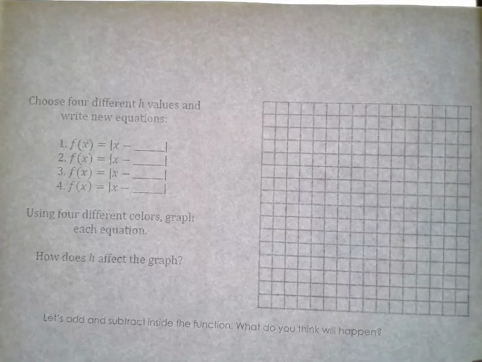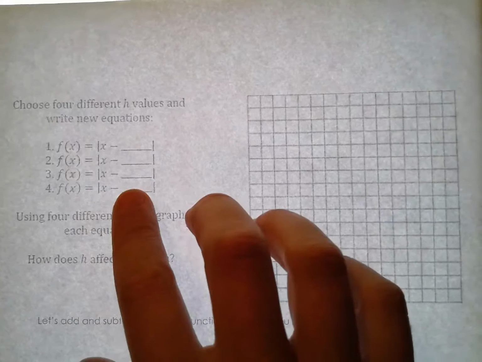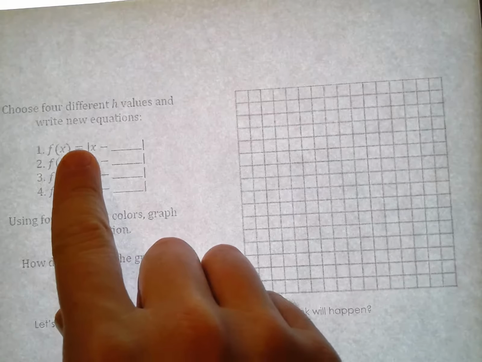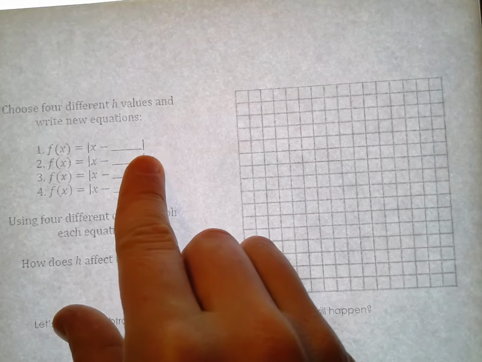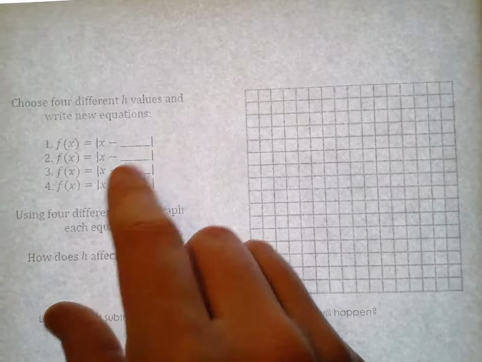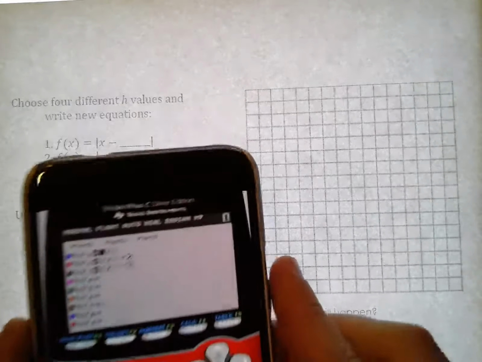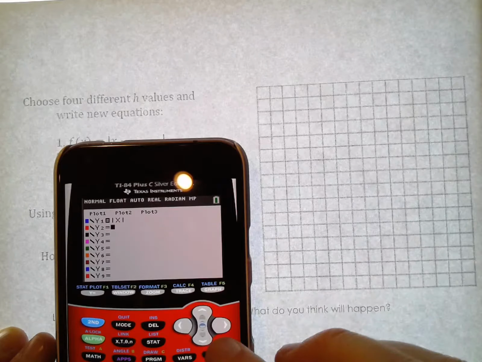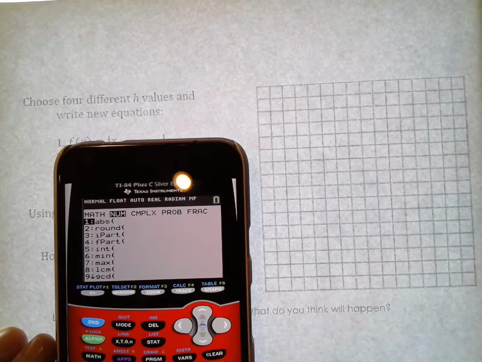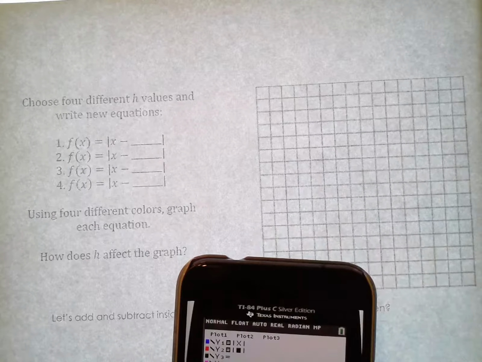In this next page, we've now got the shifting going on the inside of my function. You see how I've got the line up here, the absolute value line, and then now I'm subtracting or adding inside. That's going to do a different type of shift. So I'll clear out these guys from the outside, keeping my original function. And now I'm going to do math absolute value, but let's do